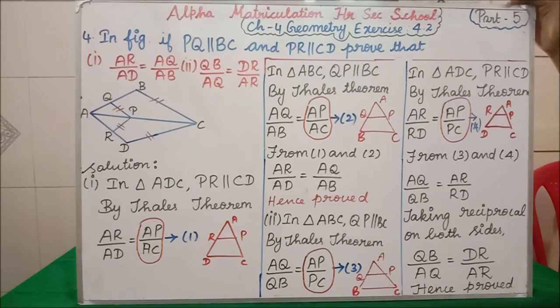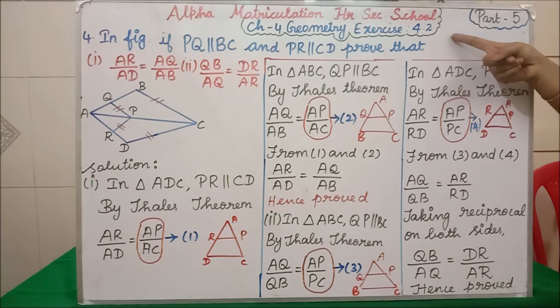Okay. Now I hope you all understood up to 4 problems in exercise 4.2. Isn't it? In exercise 4.2, we have completed the first, second, third and fourth questions. Also we have completed the basic proportionality theorem and the converse of the basic proportionality theorem. We have completed two theorems in chapter number 4. So students, go through the problems carefully so that you will be very clear about this concept.